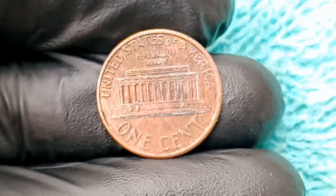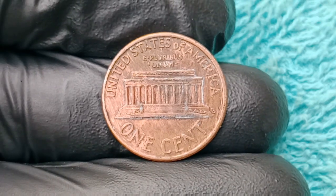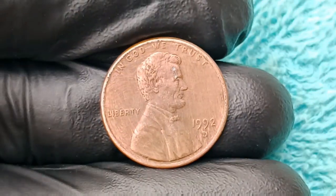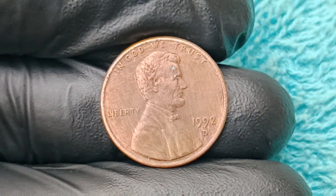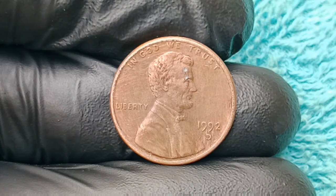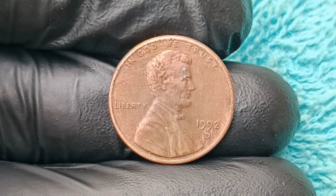a combination of ultra-rare minting errors, historical anomalies, and an unbelievable chain of events that skyrocketed its value beyond comprehension, making it one of the most sought-after and valuable coins in American numismatic history. And today we're diving deep into the gripping story behind how this specific 1992 AD 1 cent coin, minted in Denver, managed to command such an astronomical value in the world of coin collecting, and what secrets it holds within